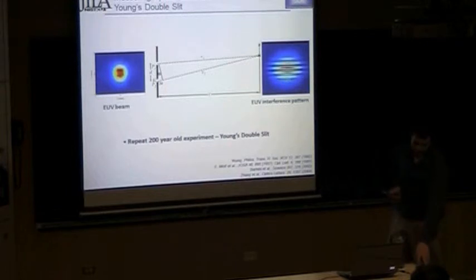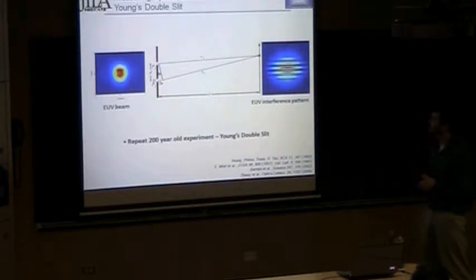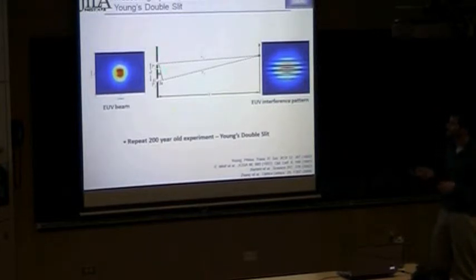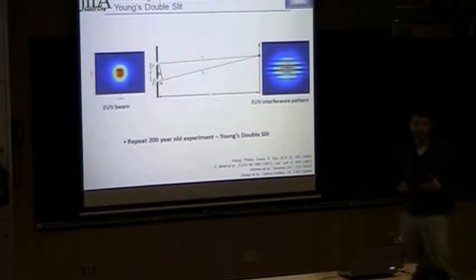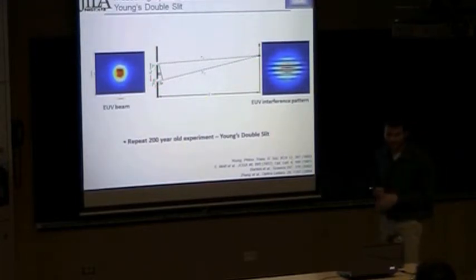But I want to come back to the water window stuff where we did that 2 micron. And so we wanted to use the water window harmonics we were generating to do some first demonstrations that now they're becoming bright enough to be useful. So we did one of the simplest experiments you can do, which is repeat this 200-year-old Young's double slit experiment. And of course, you just put in a double slit and you measure the interference. It's relatively simple, but